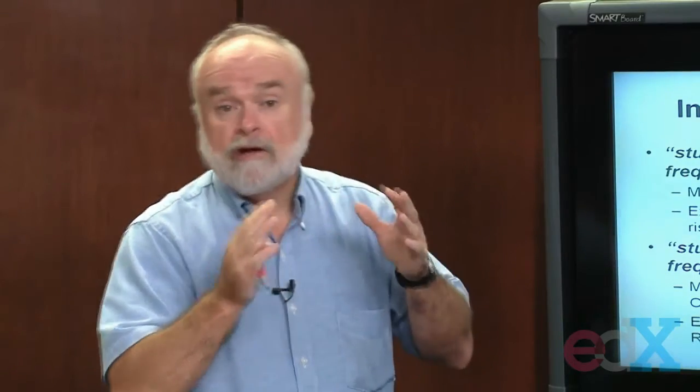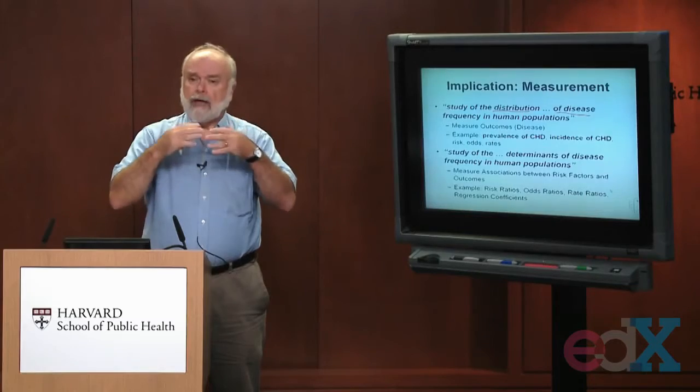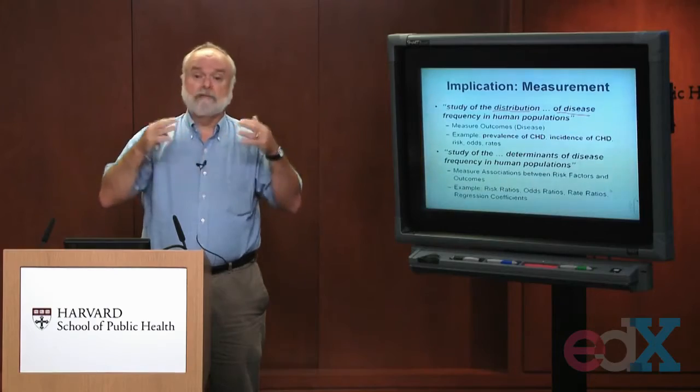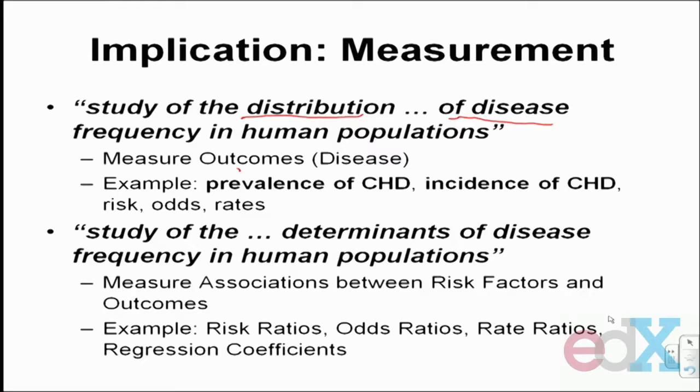Last week we were measuring how much disease exists in a population at a point in time. We were looking at people in the Framingham Heart Study who attended the 1956 examination, and we were looking at among those people how many of them had pre-existing heart disease. What was the prevalence of coronary heart disease? So last week in the lectures and in the Stata demo that Elizabeth ran, we were talking about the overall distribution of coronary heart disease and how it might vary in different subgroups of people. Men versus women,